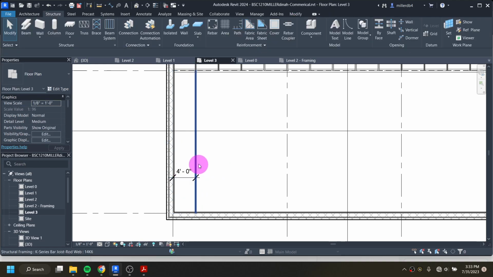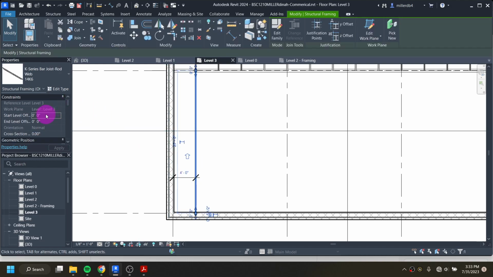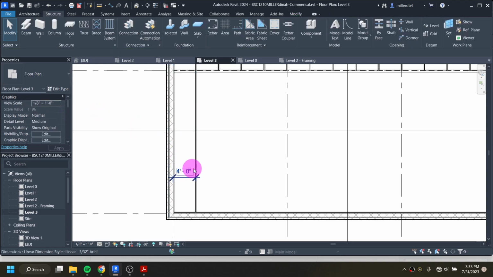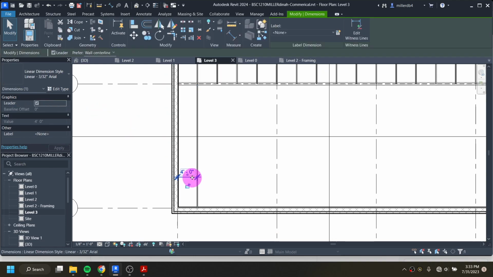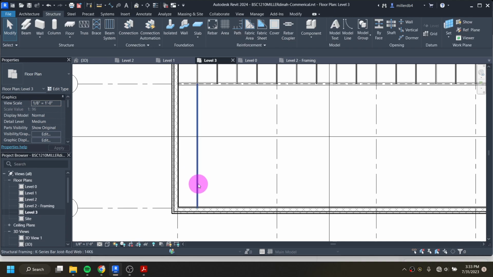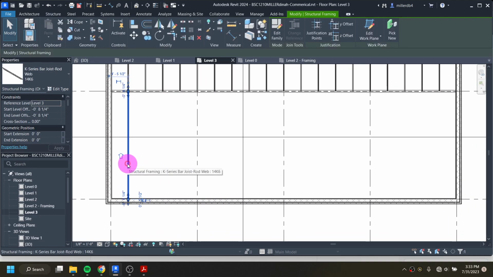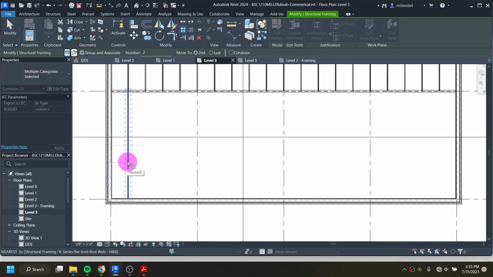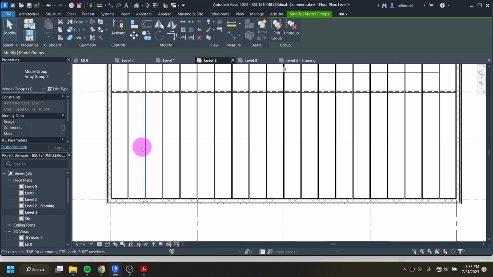4 foot, click on it again, change that start offset to a negative 0 foot 8 1/4. My end offset, negative 0 foot 8 1/4. If I change it beforehand, I'm going to click on this to delete. I just don't have to change all of them after I do an array. And technically I could keep it as a model array too. I'll click on this guy, array, 4 foot over, 19 in total,